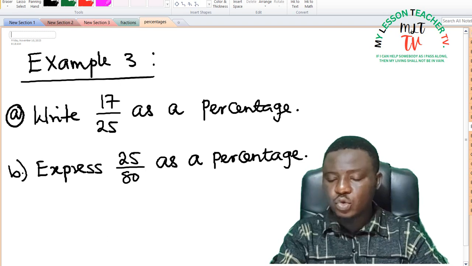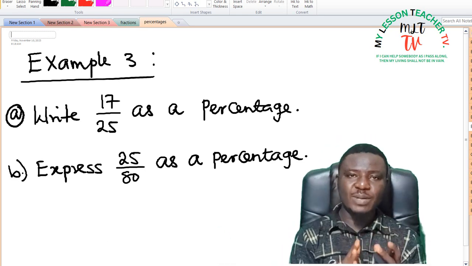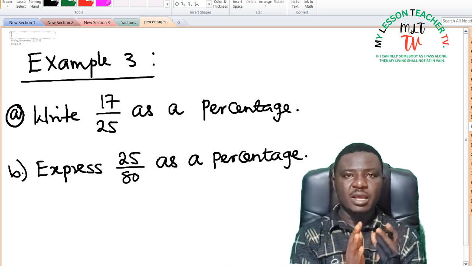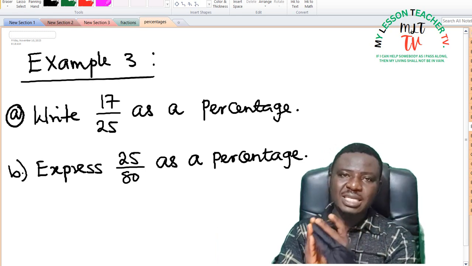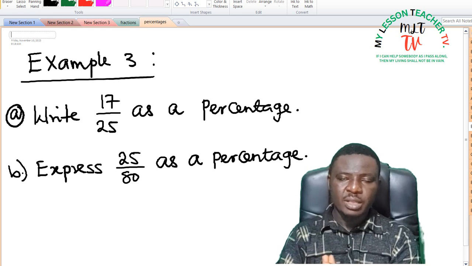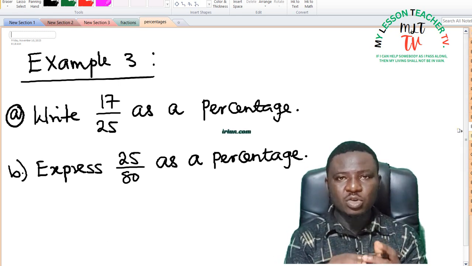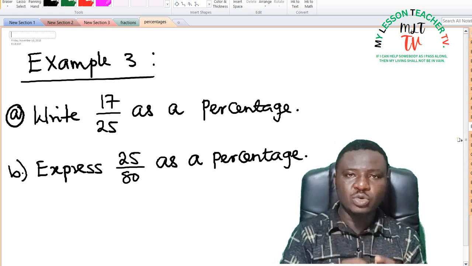3, we have two questions and we are asked to write 17 over 25 as a percent and express 25 as a percentage. I have explained to you what percentage means. It means a fraction that has 100 as its denominator. Now, in a situation whereby such a fraction does not have 100 as its denominator, what do you need to